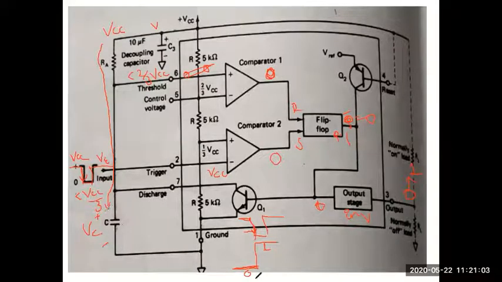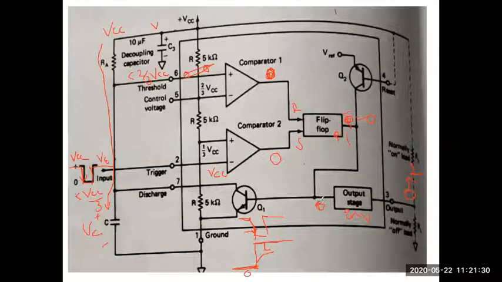And here, let's say the capacitor is trying to charge. So the capacitor has started charging at this point and it hasn't reached 2 by 3 still. So this capacitor voltage is less than 2 by 3. So output of this comparator will also be 0. Both R and S are 0 means output will remain in the previous state, Q 1, Q bar 0. So output will continue to remain in this 1 state.